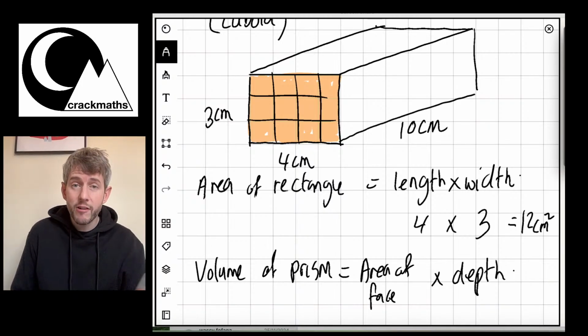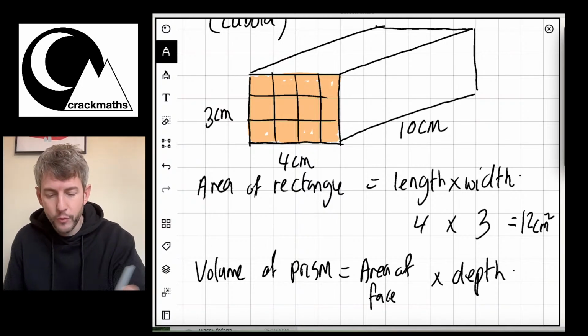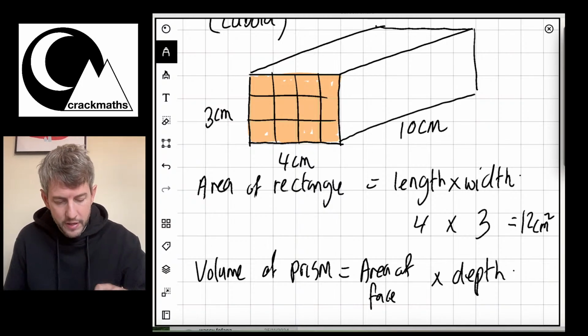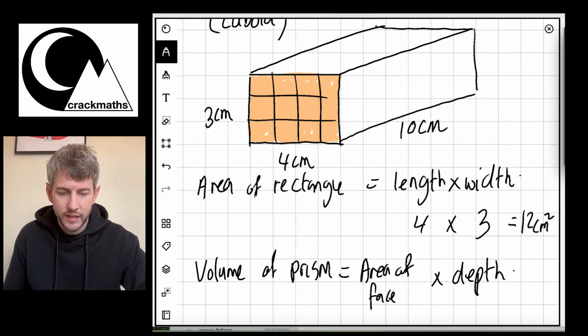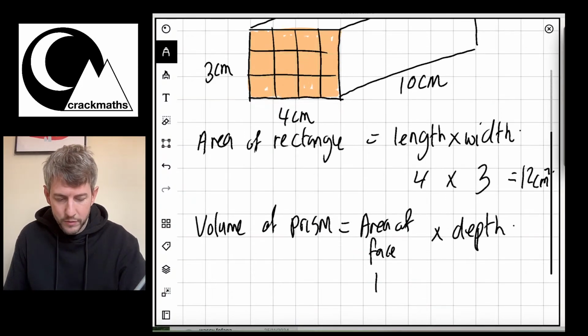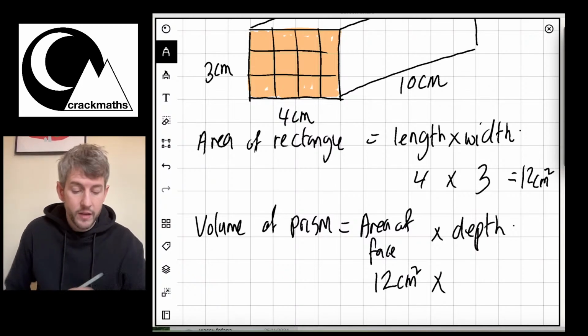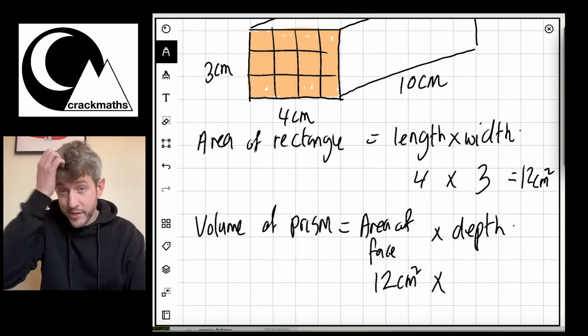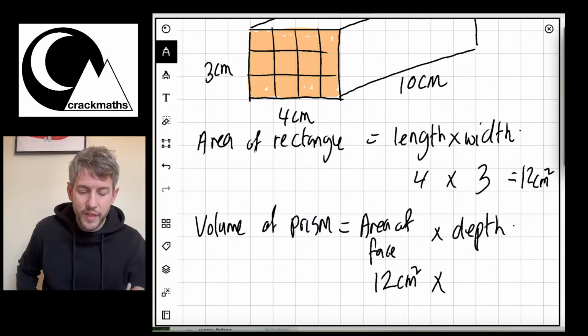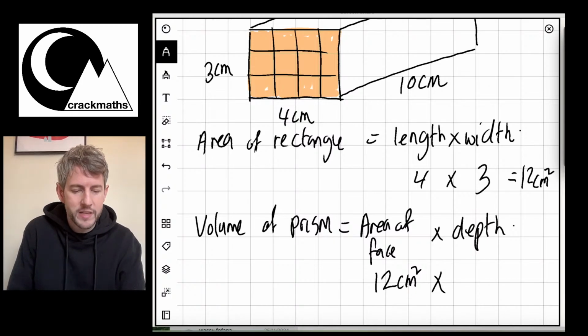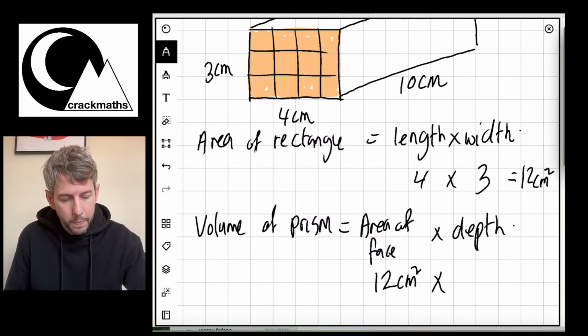Okay, so the area of the face here is the 4 times 3, which is the 12. So I can put that here, and that's 12. Now, I'll put 12 centimeters squared there. It doesn't really matter in the calculation, but there we go. So the area of the face is the 12 centimeters squared, and the depth that I've got here is the